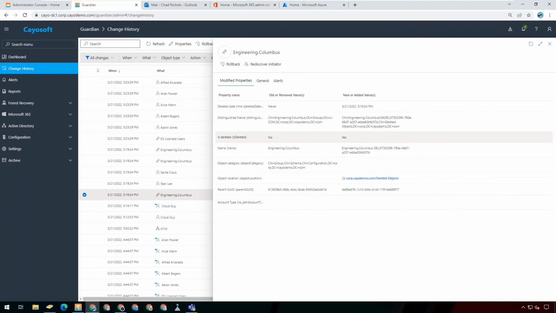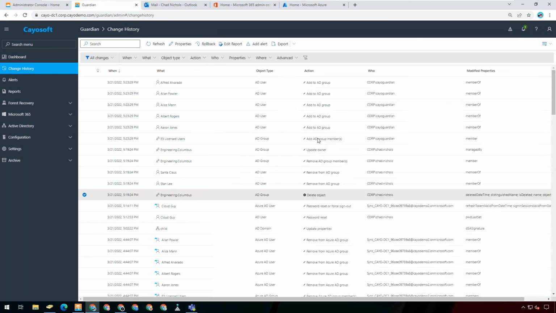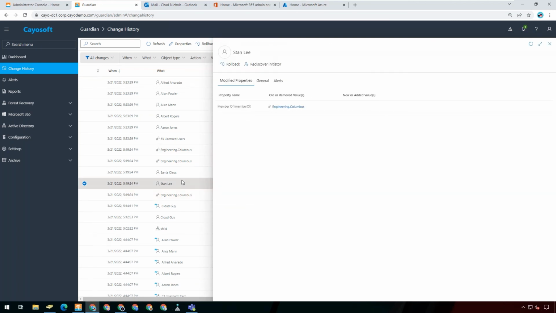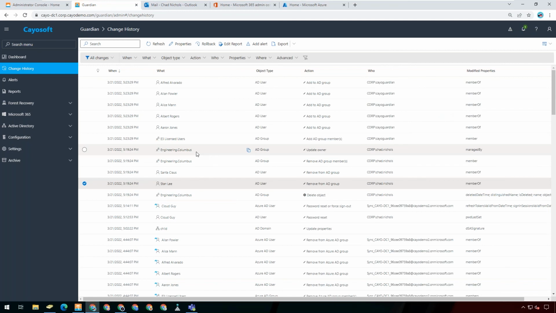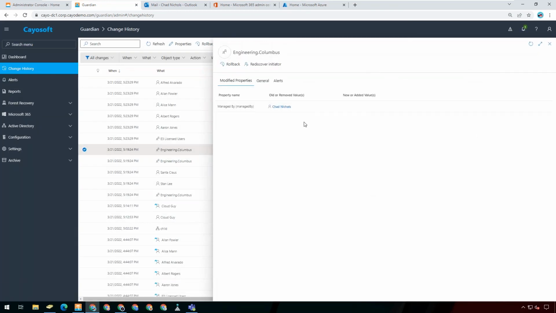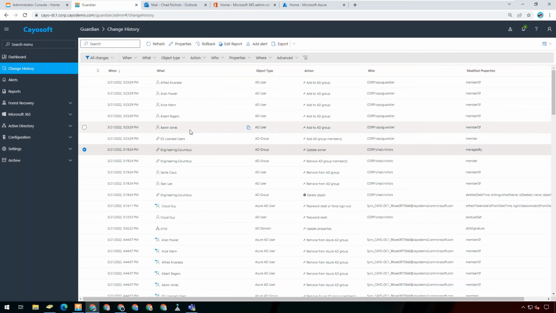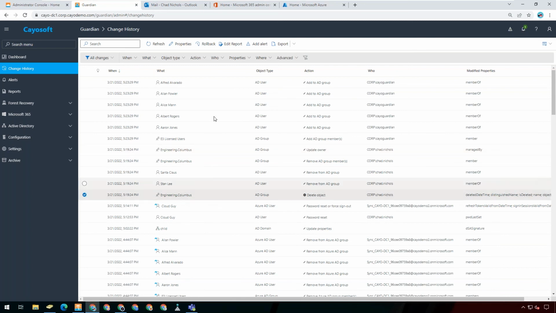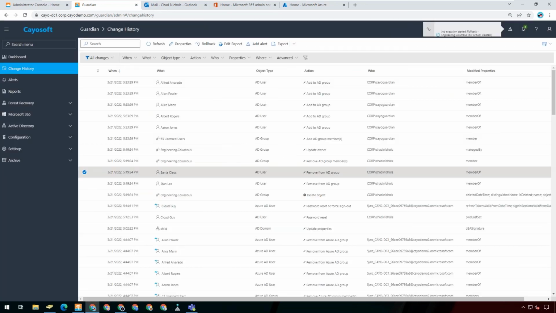So with our tool, we're going to track everything that occurs during a deletion process, because it's not only the group change, but it's also going to be, in this case, the user object change. So you're going to see both of those types of changes. If there was manager information, you're going to see that. So here's the manager information. So you're going to see every attribute changed for all the objects that are affected by this.